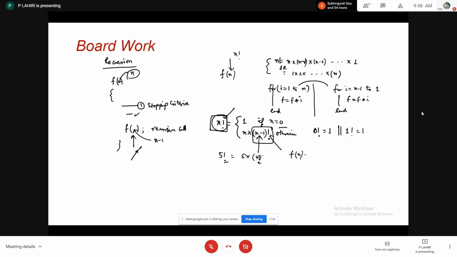In terms of representation with the help of a function, if f is a function to calculate factorial, then this factorial notation will just be replaced by f of n, and the function is responsible. So the same definition will be applicable. f of n is 1 if n equals 0. Otherwise, it will be n into f of n minus 1, calling f with a smaller input. So this is an example of a recursive function.